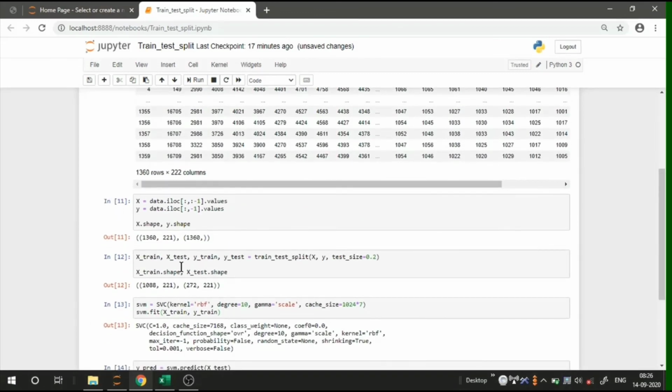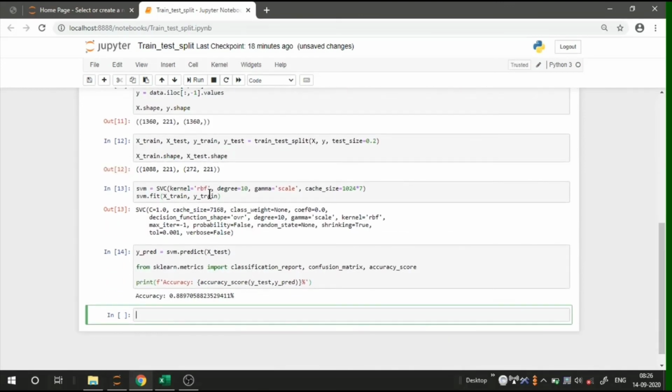So here you can see how we can split the data into two sets, x training and testing, and we have used